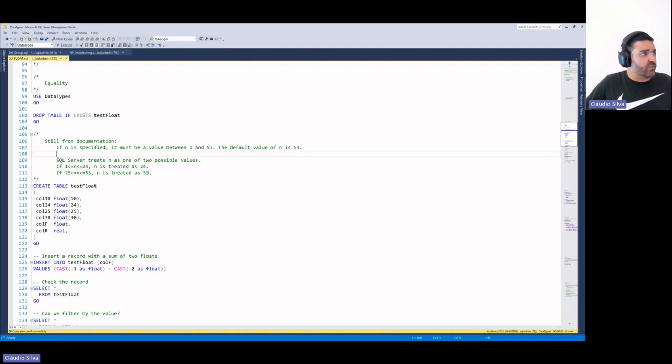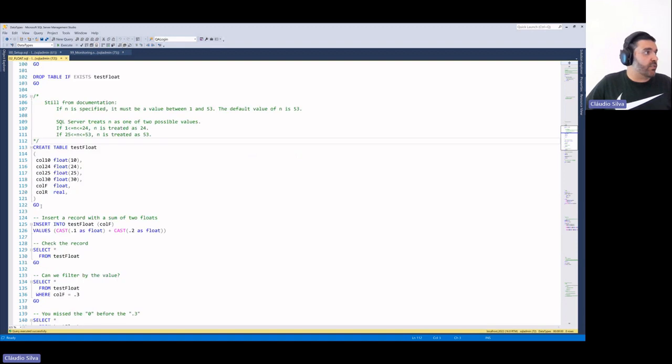First of all, the default float data type in SQL Server can have a precision between 1 and 53, which is called the mantissa of the data type. However, SQL Server just saves it either as 24 or as 53. If you declare a float without any precision, by default, this will be 53.